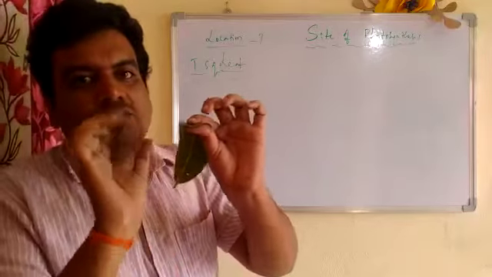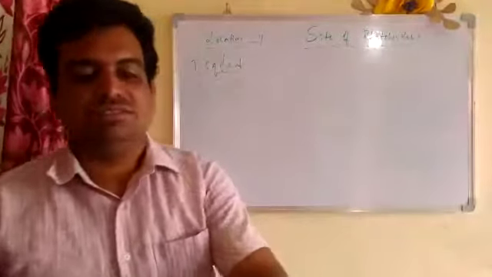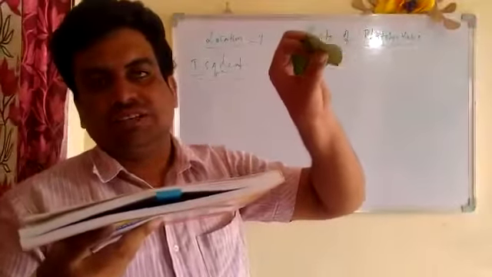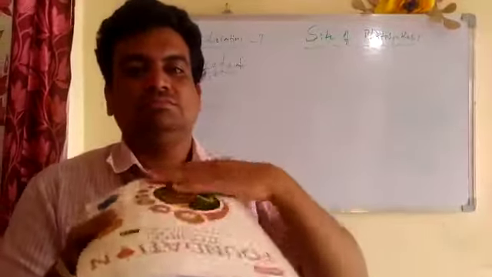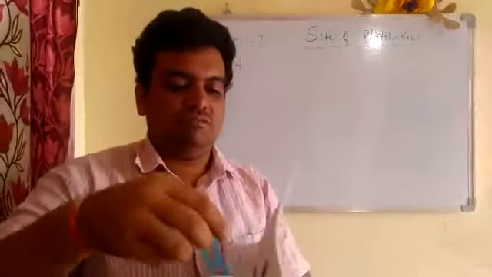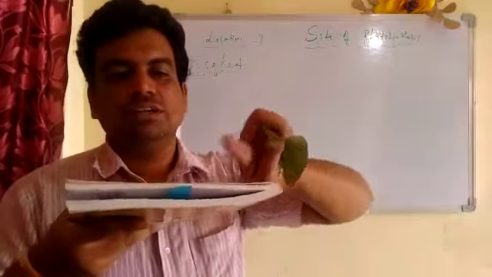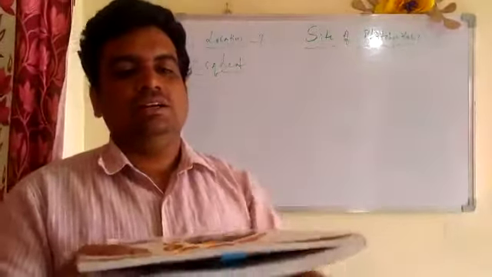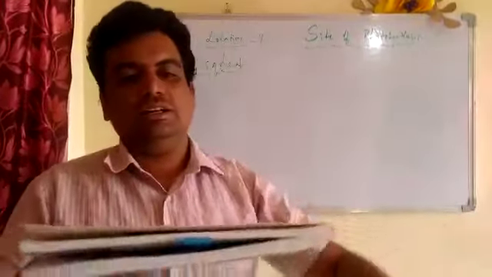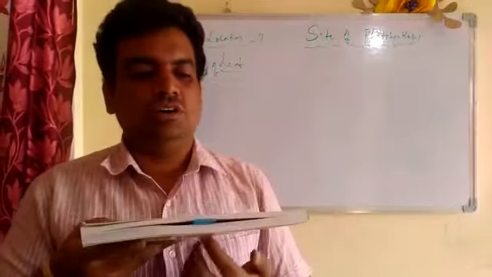To make you understand, I am taking a book, children. Take the book as a leaf. The leaf has a midrib region like this. Here you can find the midrib by this small plastic material. So this is the lamina, and in between it you can find what, children? Midrib. This one is the midrib. This one is the lamina. The upper layer is the upper epidermis. The lower layer is the lower epidermis. Okay, children? Upper epidermis, lower epidermis, midrib.